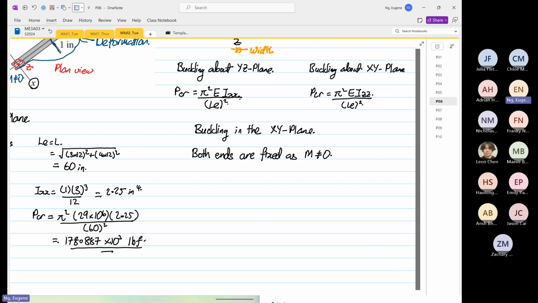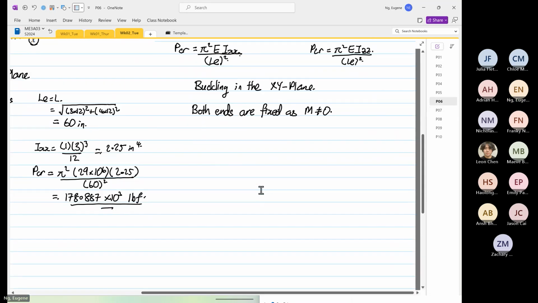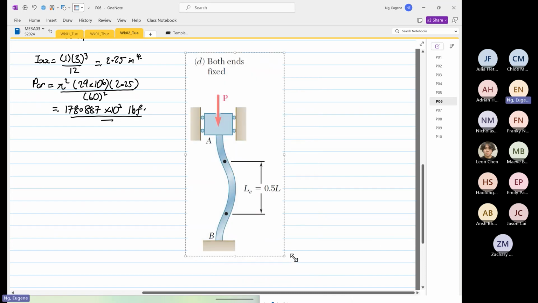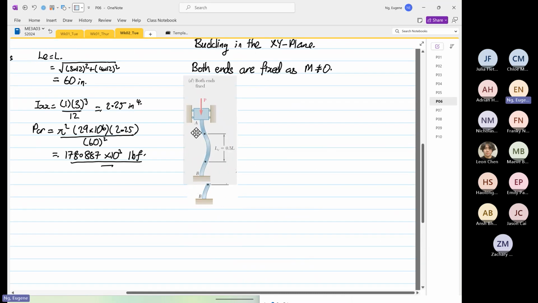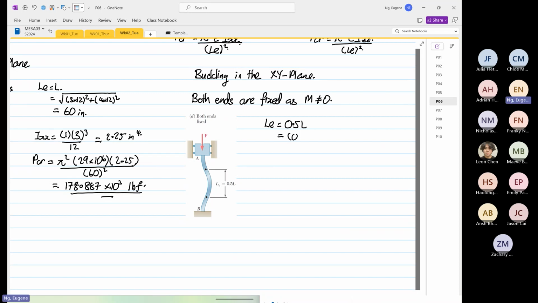So when that's the case, LE, right? When both ends are fixed, you could refer to this diagram, both ends fixed. You come over here, you realize that both ends are fixed, so you know that LE is equal to 0.5 L. So this is equal to 0.5 multiplied by our L, which is equal to 60. 0.5 times 60, you have 30 inches. So when that's the case, we can calculate our PCR